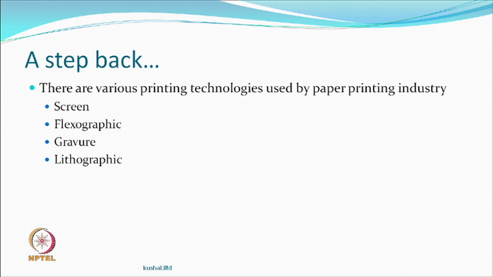All right, so we continue from where we stopped. We were looking at transfer printing and what kind of paper we should use for transfer printing, and what are the methods which are used for printing the paper. Screen is our own method, so the textiles. The flexography, gravure and lithographic methods are specifically designed for paper, and